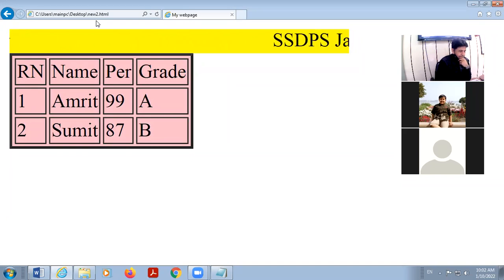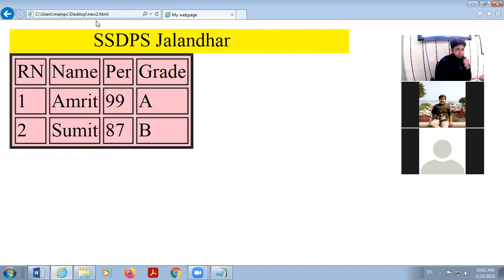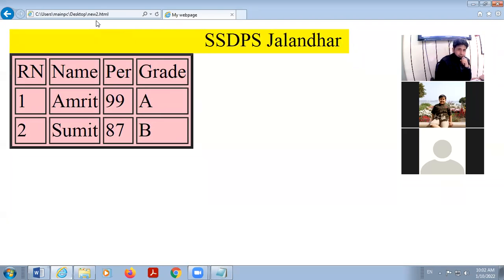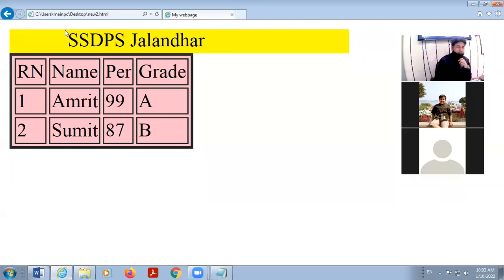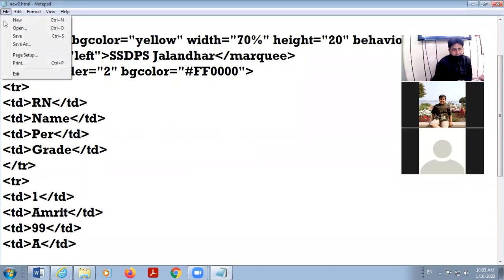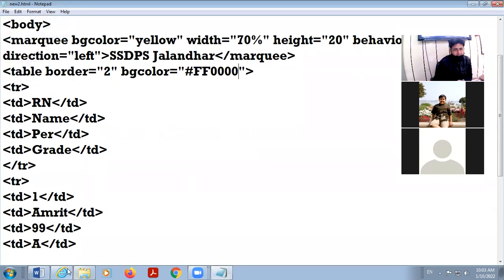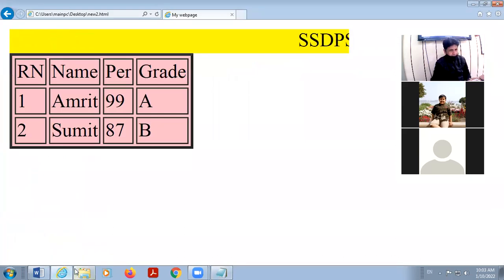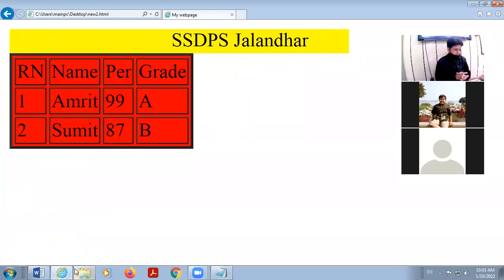Next, you can take the background color as a color code. If you remember, you have an idea about the color code, you can use it. For example, here in place of pink, I am using hash FF0000. I am saving this. So it is red color.